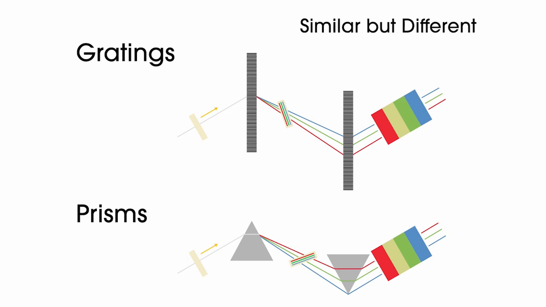So here you see gratings and prisms are similar but different. They are similar in that you get blue before the red. They are different in the angular dispersion sign. They are different in the sense that with the prisms you can control the total amount not only by changing the distance, but also by changing the amount of glass you are crossing. And they are different because of the amount of dispersion you can accumulate. So let's go to the next one.